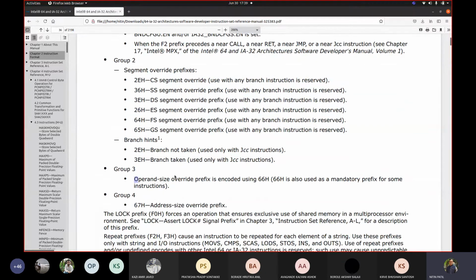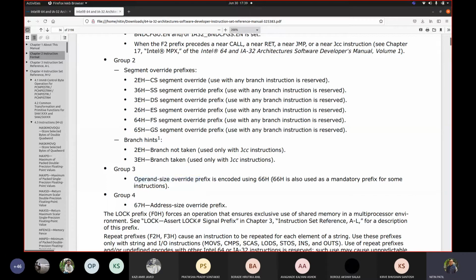Operand size override prefix. Because your operand size is changed and you wanted 16 and 32-bit operands to be the same. So how exactly are we going to distinguish? Whenever there is 16-bit data available as an immediate value for an instruction, use this prefix 66.